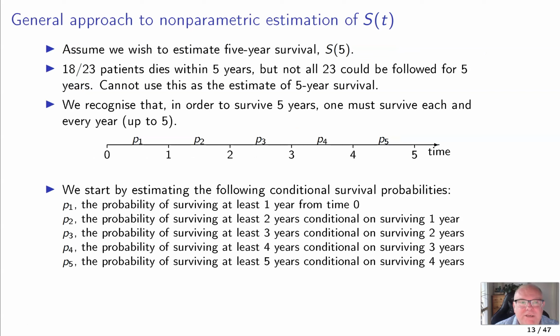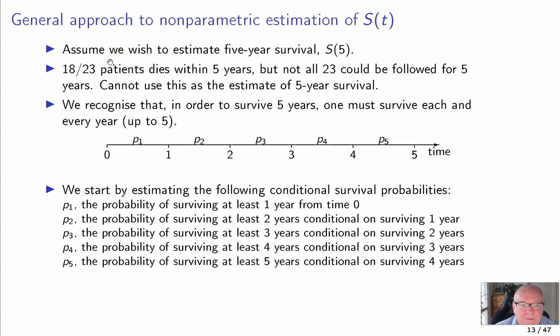Now, let's imagine we want to estimate 5-year survival, the proportion who survive 5 years or more for the AML data. Now, if we look closely at the data, we can see 18 of 23 patients die within 5 years. But not all of these 23 patients could be followed for 5 years, so we cannot use this as an estimate of 5-year survival. We have a problem with censoring. If we did use this estimate, we would be assuming that all of the 23 patients could be potentially followed for 5 years,